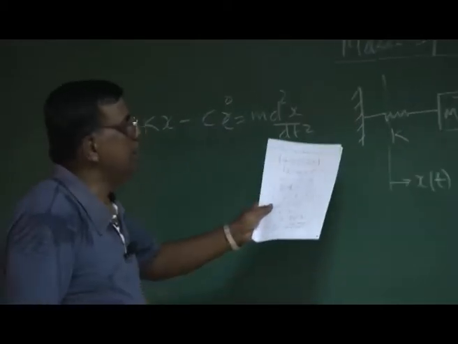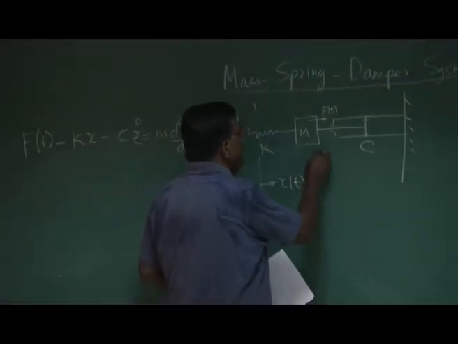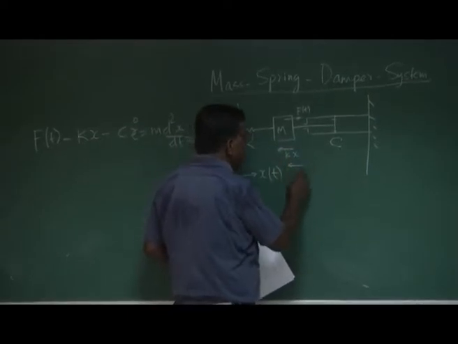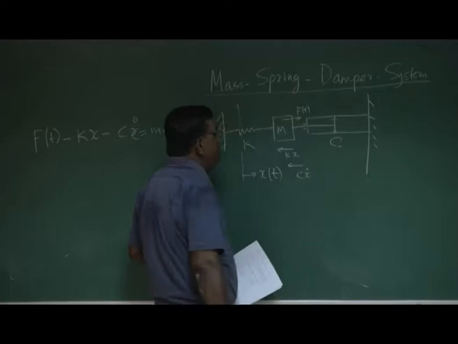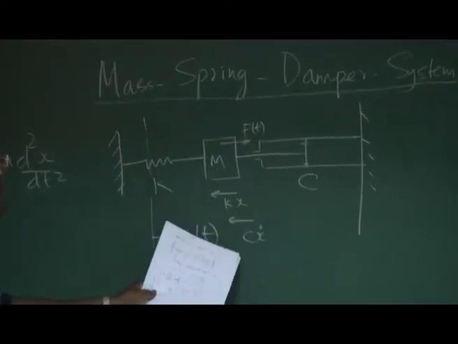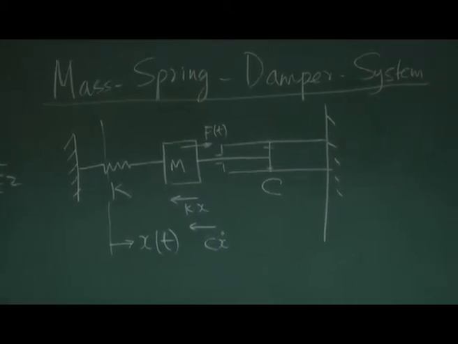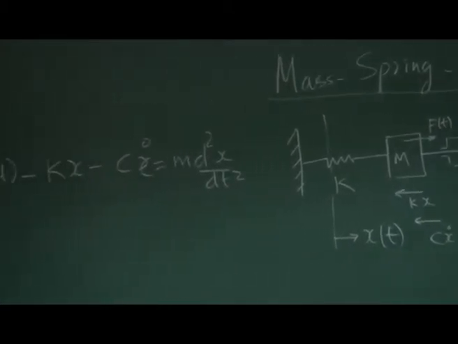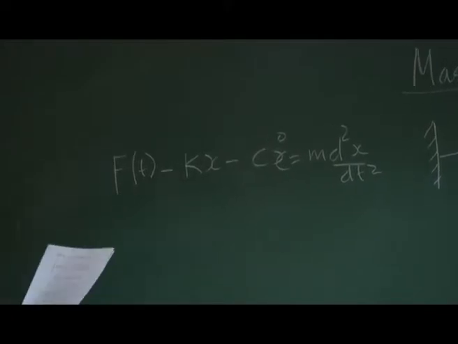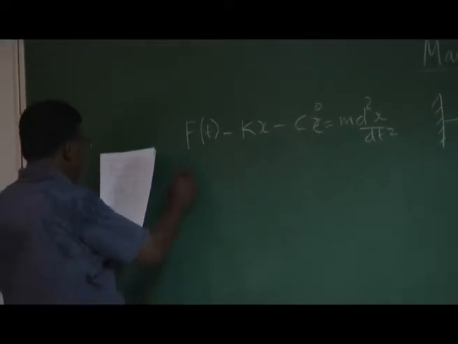Because if I am stretching the mass like this, there will be force kx, there will be force c x dot. I am assuming linear damping. So naturally, net force will be f of t minus this. That will give us a resultant acceleration, m d square x by dt square. No issues, Newton's law? Okay. This I can write like this,